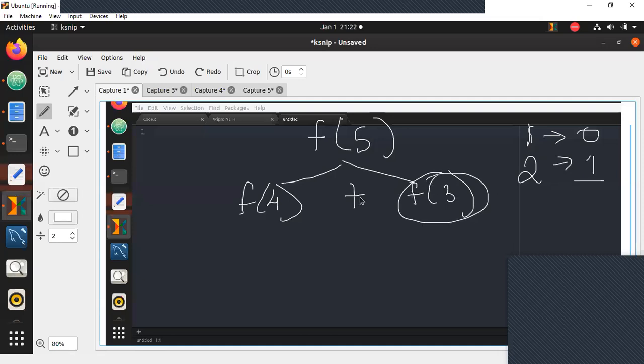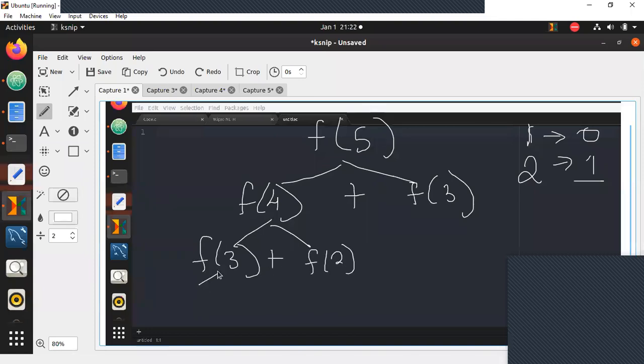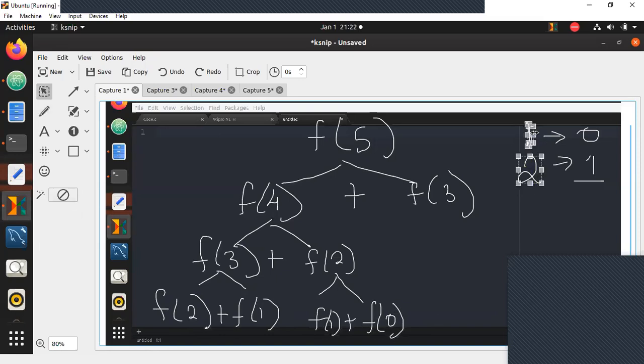Apart from this, everything else we don't know. So the fifth Fibonacci number, we calculate as Fibonacci of 4 plus Fibonacci of 3. Fourth, we calculate as Fibonacci of 3 plus Fibonacci of 2. Then for the third, again Fibonacci of 2 plus Fibonacci of 1. Yes, recursion. So sorry guys, the zeroth number is 0, the first number is 1. Please note this.